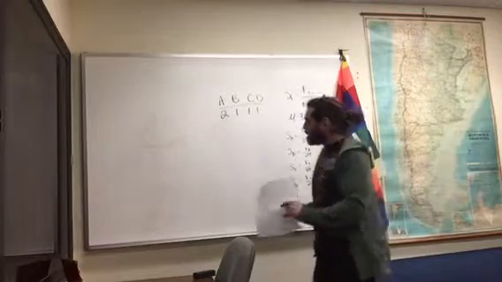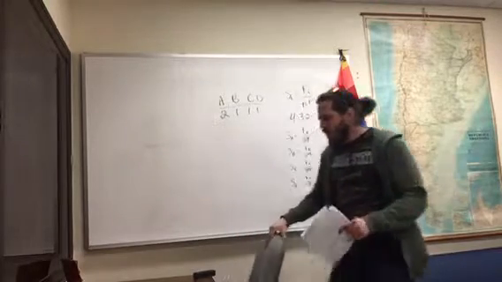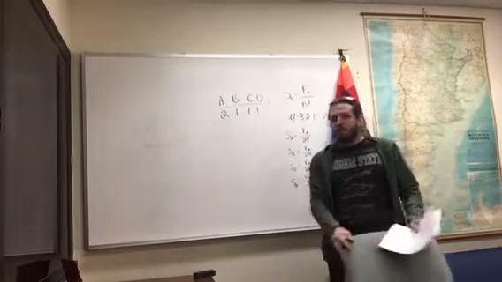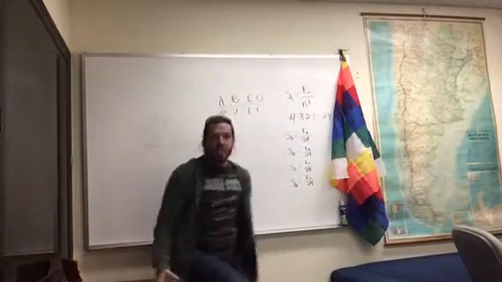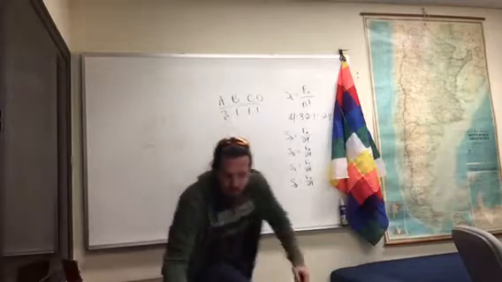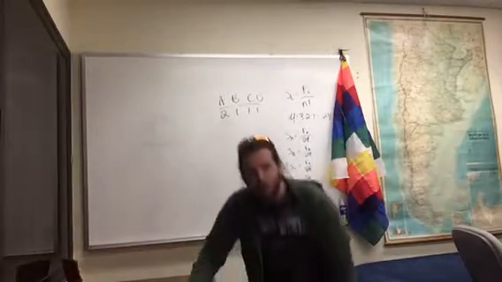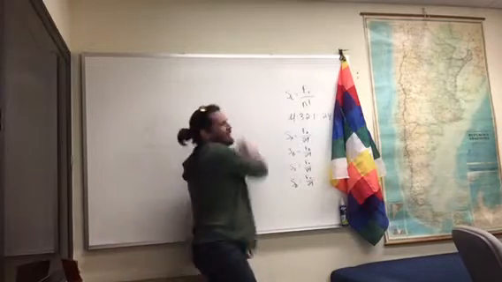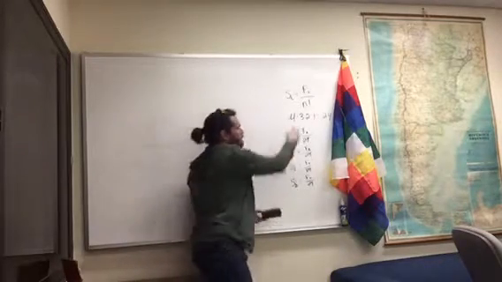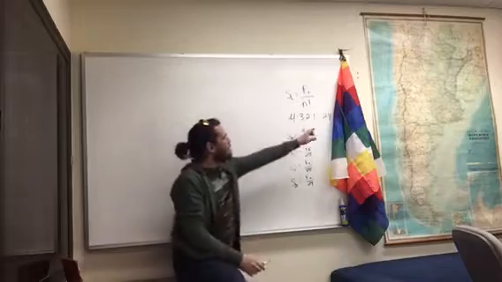So let's think about this because if you try to write out all the different permutations of A, B, C, and D, it's going to take you a long time. You might not even get them all. So just know that there's 24 of them, and if there are 24